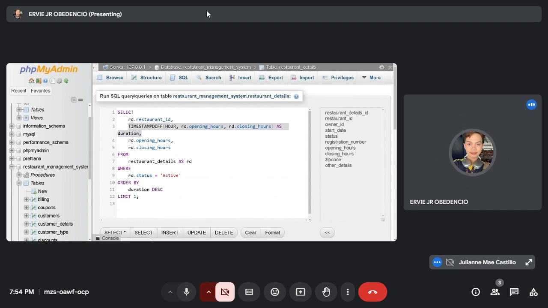So, for our SQL problem number three, we're going to be identifying the restaurant with the longest continuous opening hours, including overlapping hours within the restaurant details table. So, first, we're going to be getting the restaurant details, restaurant ID, and then we're going to be using the TIMESTAMPDIFF function, HOUR, and get the opening hours and then the closing hours within the restaurant details table and